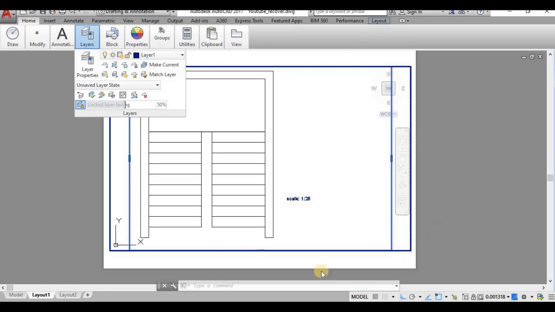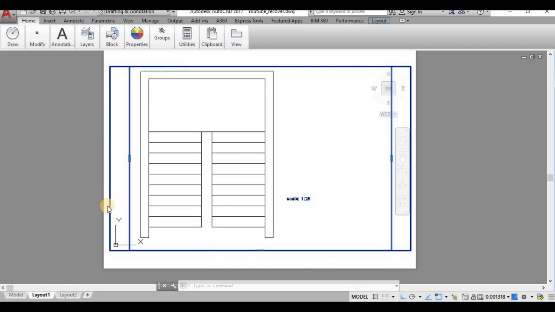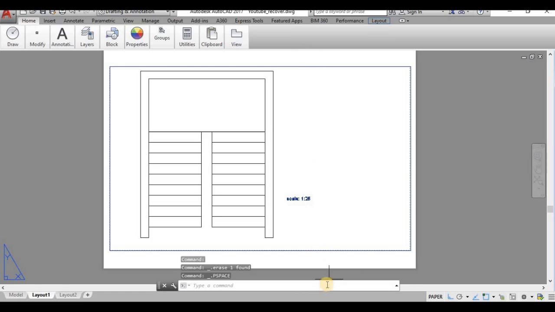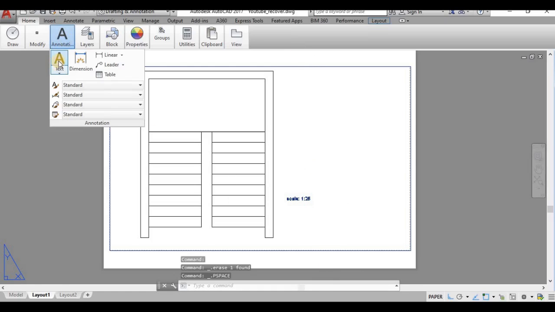This paper is already an A4 sheet. So this viewport border will form a border line for printing. You need not keep the border in the model space. You can remove it and click outside. Now you can add text here. In the layout also you can write text and draw lines, everything, as in the model space.